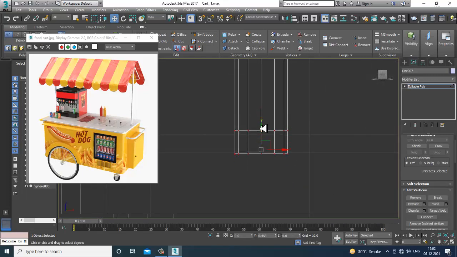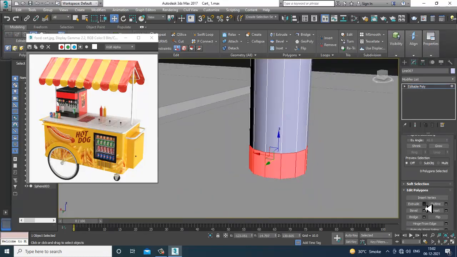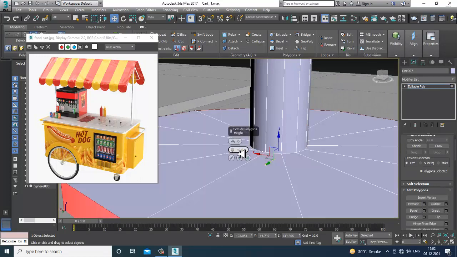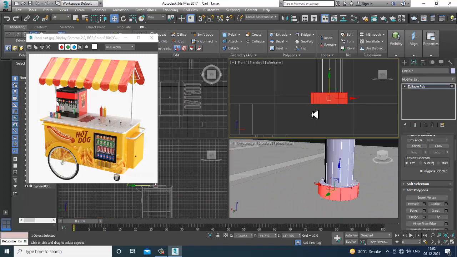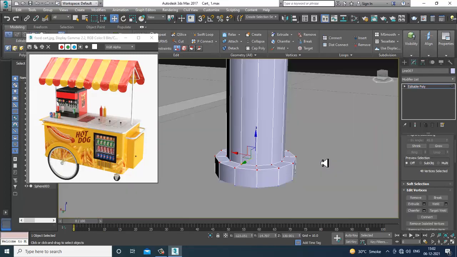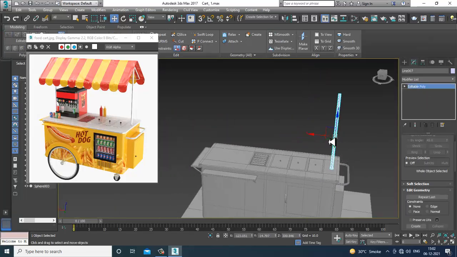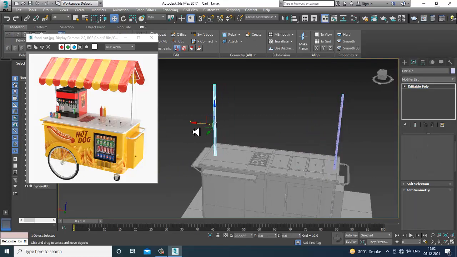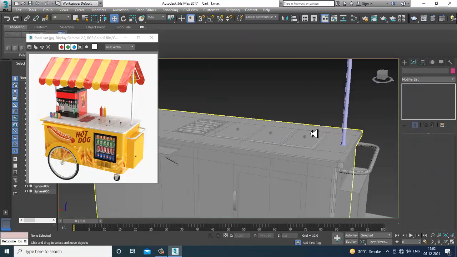Select the polygons and let's give a bit of extrude. Alright, so let's just duplicate this. We'll keep this a bit over here. We'll come to the details later on.